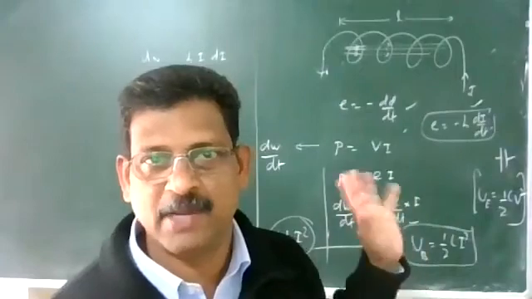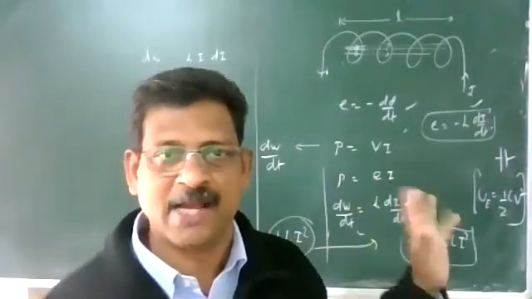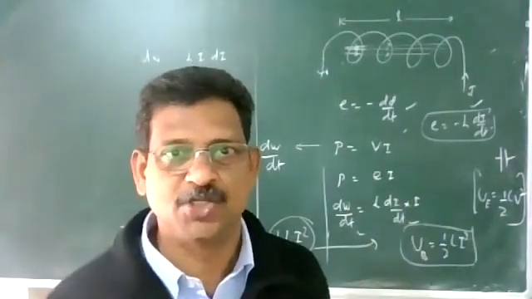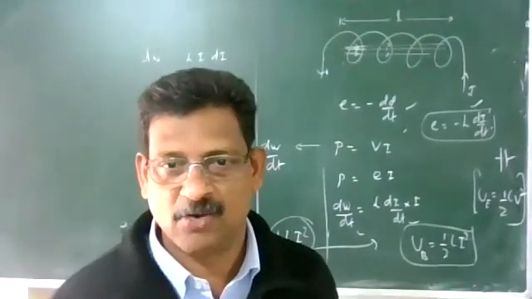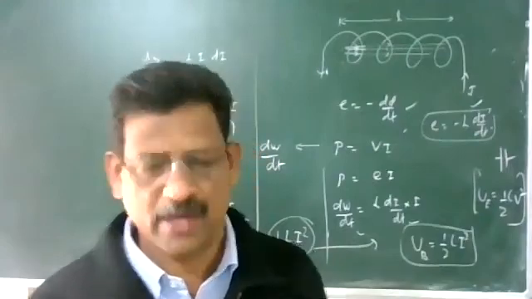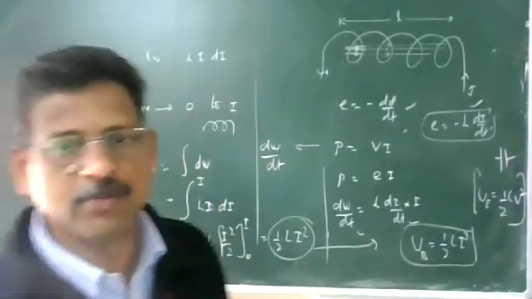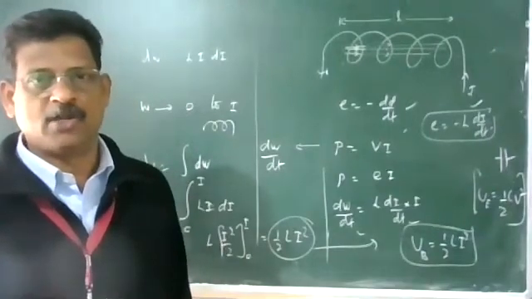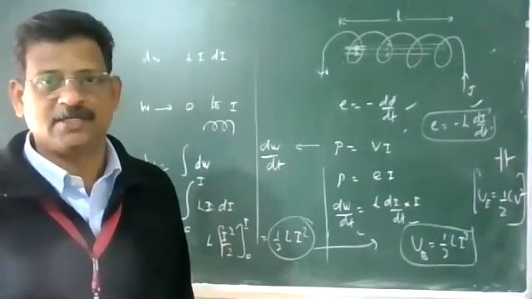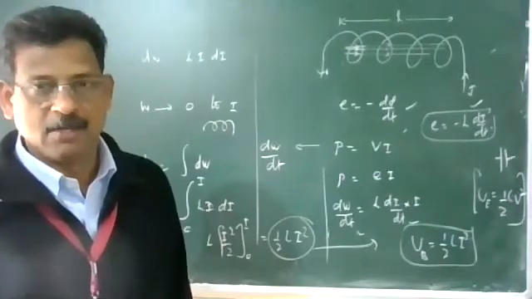So the current you are maintaining in the coil produces the magnetic field and hence magnetic energy in the coil. So what is the equation for magnetic energy in the coil? It is half L I square. Very, very important one. Direct numerical. Inductance L, I is the current. What is the magnetic energy stored in the inductor? It is half L I square.